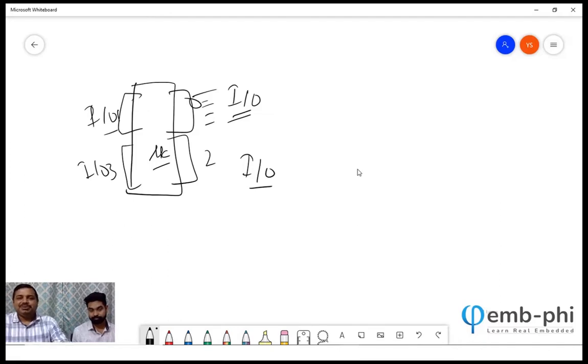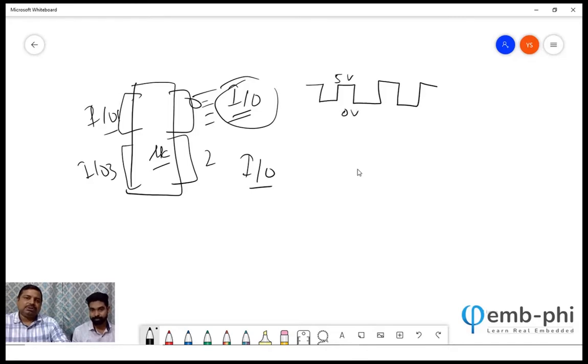Like how we learn in our school days, how we learn A, B, C, D, and then we make the sentence, and that's how we one by one start to progress. So we are using this port to make it high, low, high, low, high, low. What's the meaning? High means 5 volt, low means 0 volt. What is the use of this?